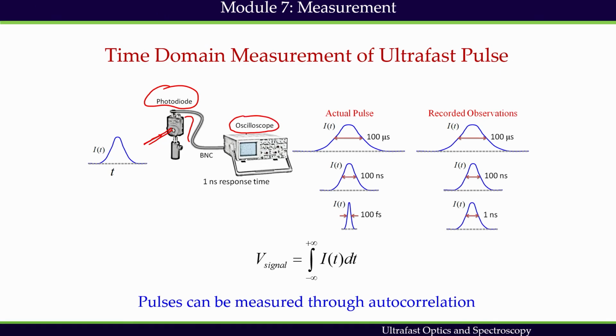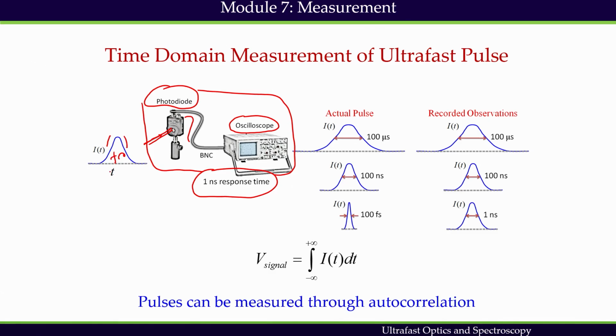Time sensitive detectors include photodiodes, photomultiplier tubes, but available time sensitive detectors have very slow rise and fall times, of the order of nanosecond response time. So, the whole device, the detector including photodiode and the oscilloscope, has nanosecond response time. On the other hand, if we think about the femtosecond pulse, its rise time and fall time is of the order of femtosecond,